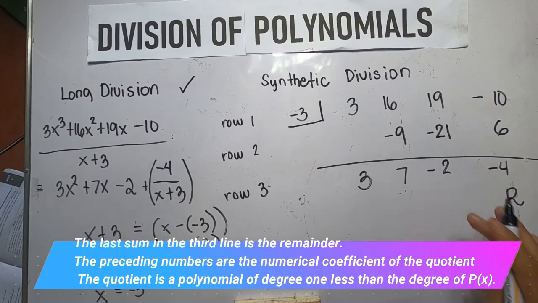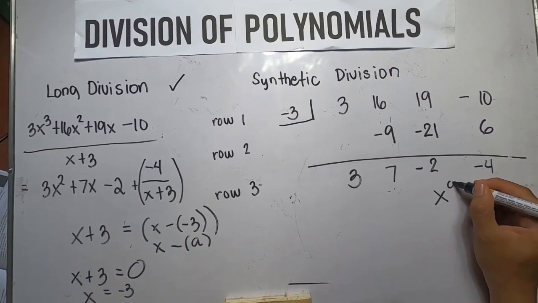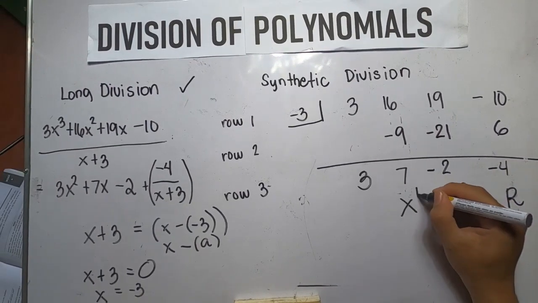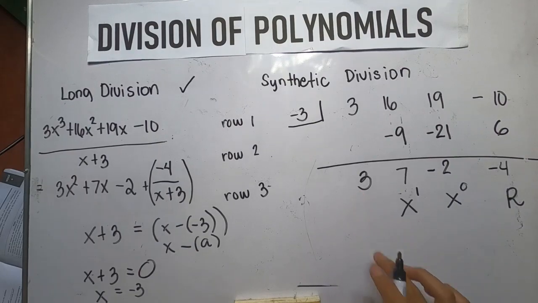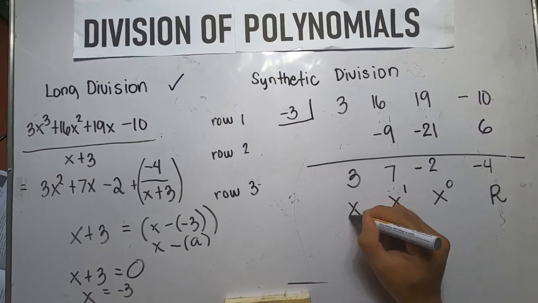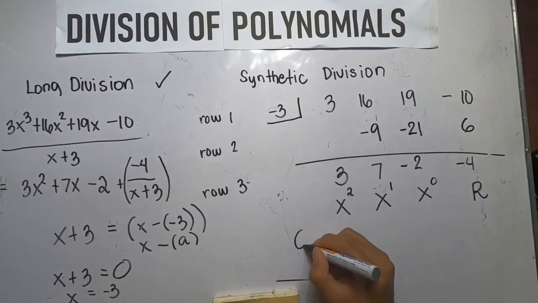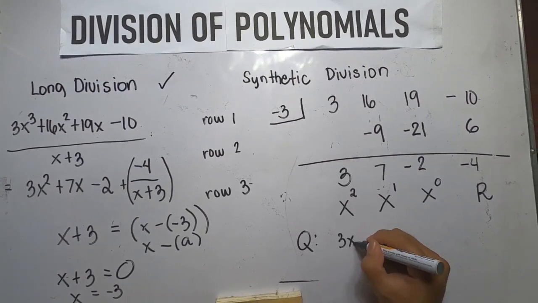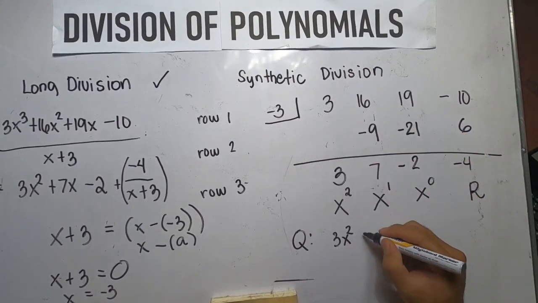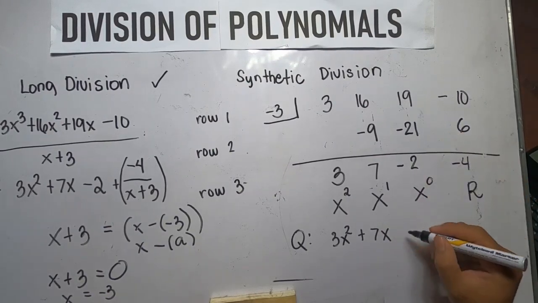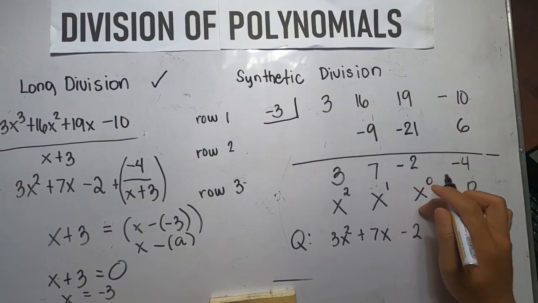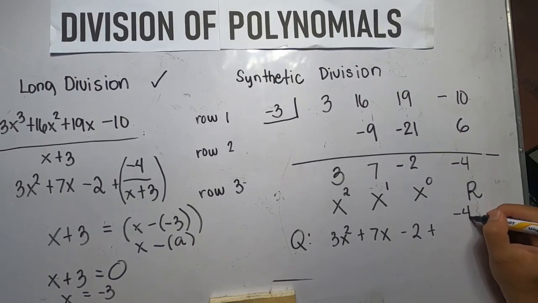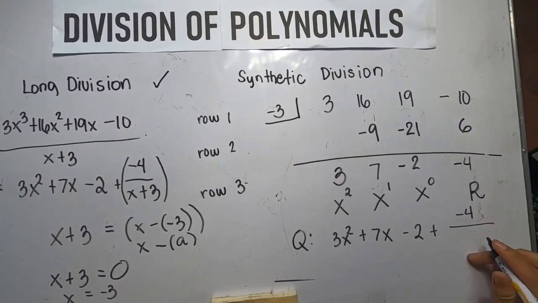So, this negative 2 represents the coefficient of the constant. This 7 represents the coefficient of the term of degree 1. And this 3 represents the coefficient of degree 2. Therefore, our quotient is equal to 3x squared plus 7x minus 2, that is representing the constant, plus the remainder, negative 4, which is expressed as negative 4 over your